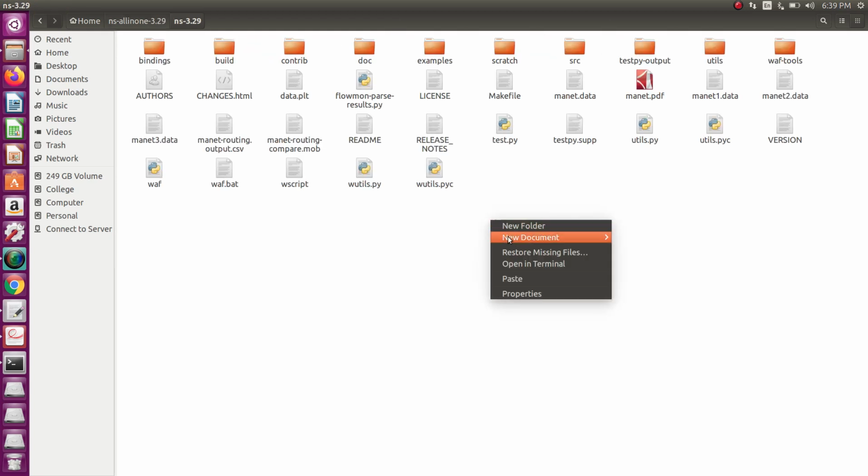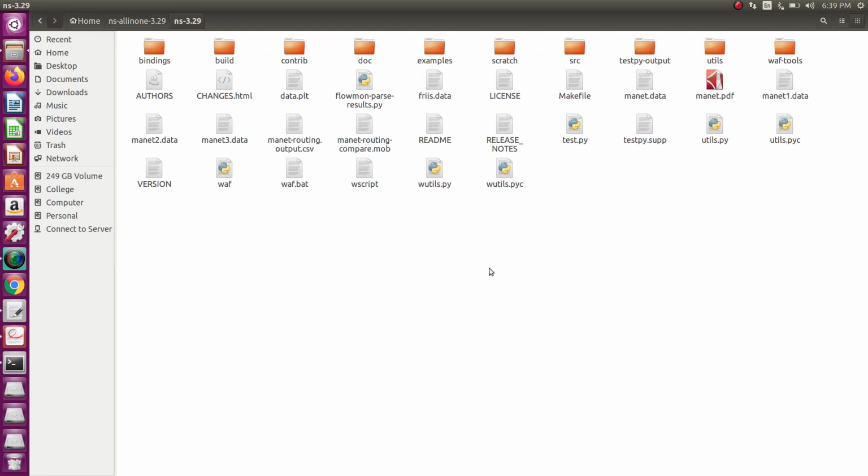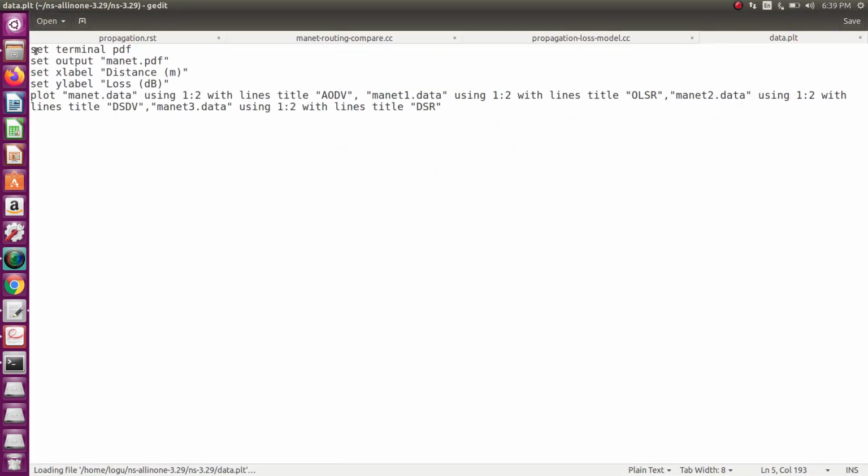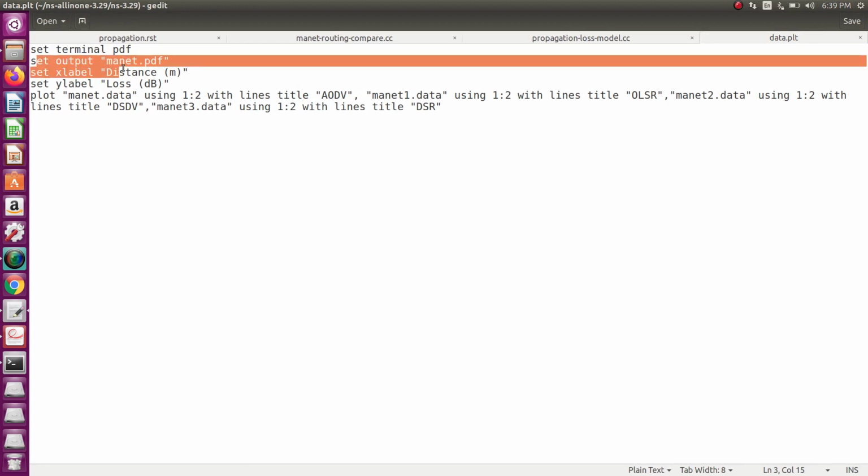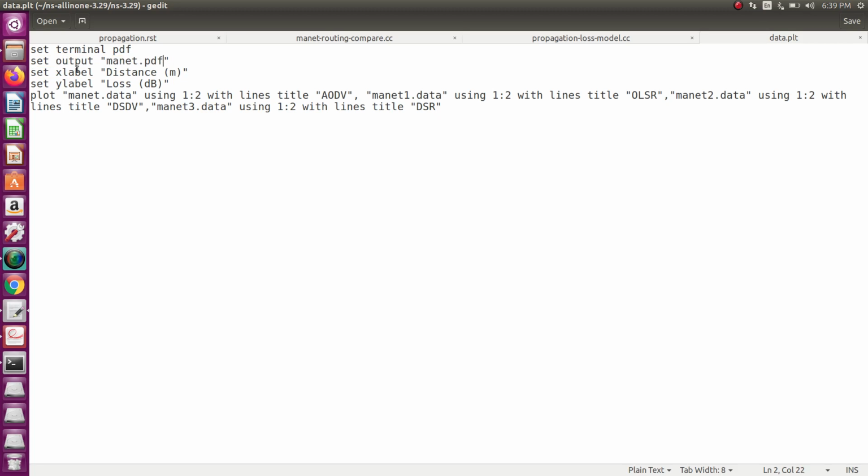Paste it in your NS folder, then write the GNU plot code: set terminal pdf, set output manet.pdf, set xlabel distance in meters, set ylabel loss.